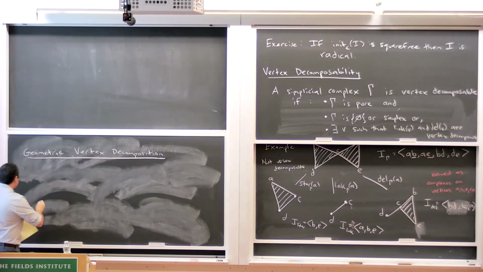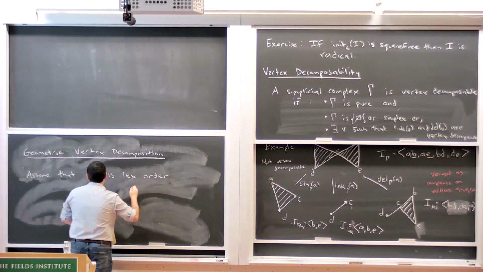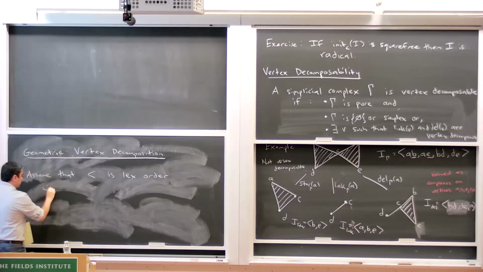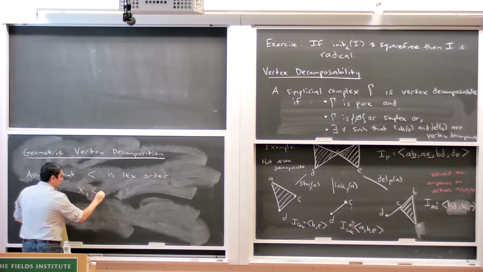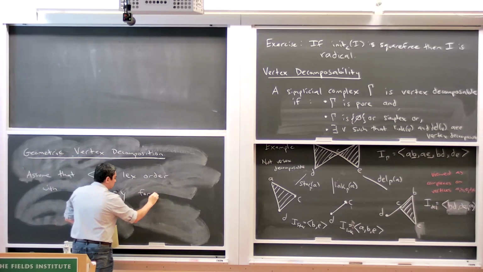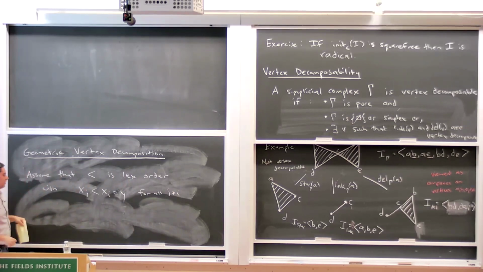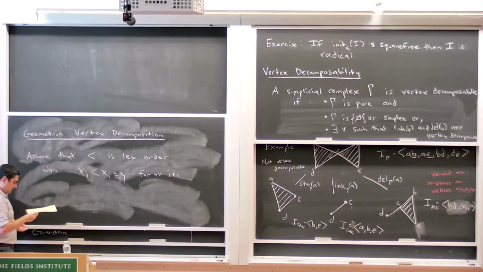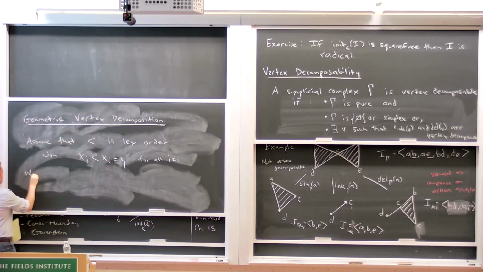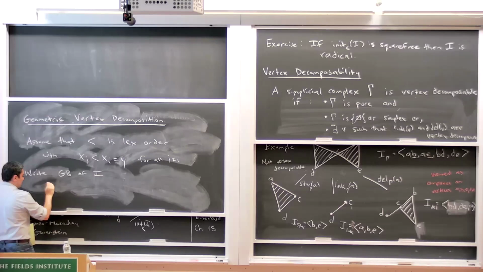Okay, so what's the general setup here? We're going to just look at Lex orders now to make life a little bit easier. So assume that this is a Lex order where the greatest variable we're just going to call y. So yeah, some Lex order, whatever the largest variable is, we're going to call that y. And we're going to write the Gröbner basis of y that we started with as, let's see,